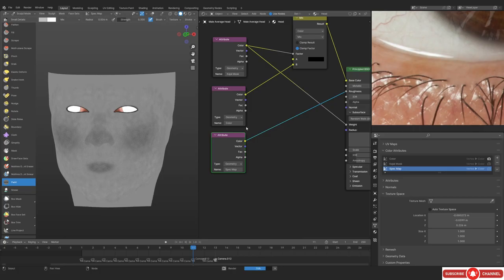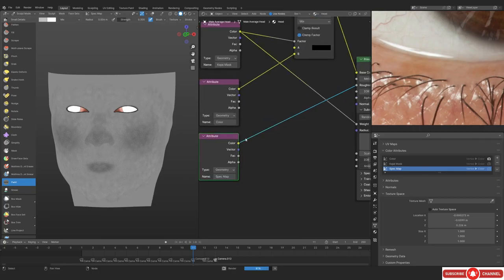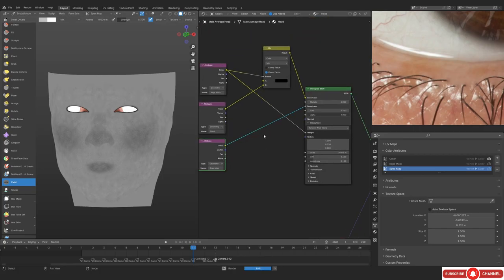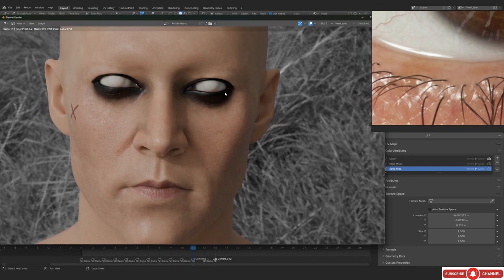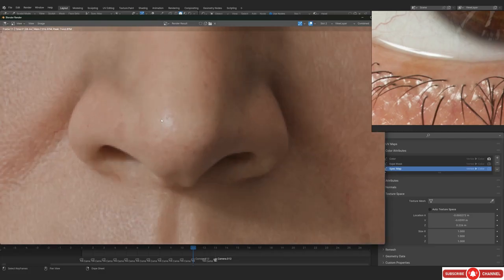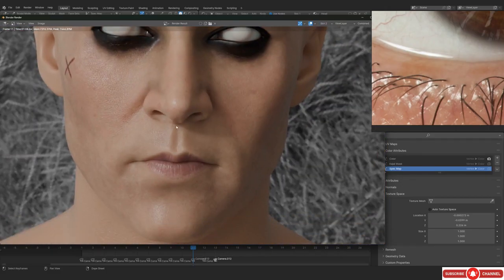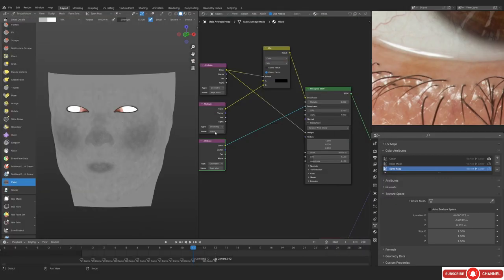And yeah, if you really want to, you can actually adjust some stuff. For example, just putting something in between, something like a color ramp or math node. Totally up to you, however you like to do it. So this was before, and this is after. We've definitely done something here. If you were to just look at the nose, this is rougher, and this is shinier. So yeah, that's what we did. It might not be super apparent, but I've shown you the process.